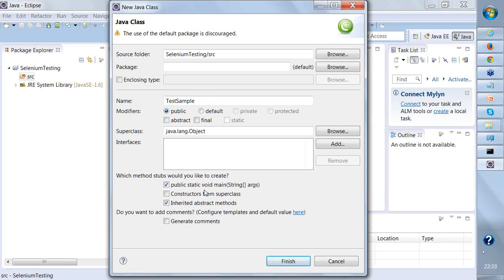Some people might be aware of JUnit and TestNG. Then you must be aware that we don't use main method, right? We execute our code using annotations. But there are some people who are very new, so we're going to start with main method first. Then once I teach you how to use these Java frameworks, TestNG or JUnit, then we will not be using this main method, right? So I'll click on finish,